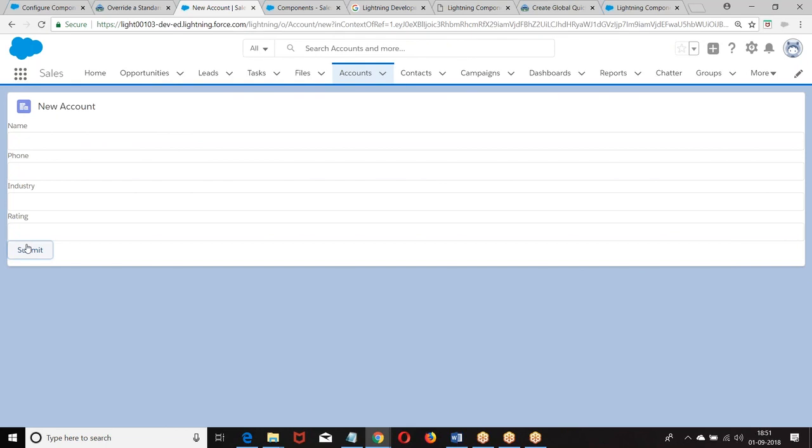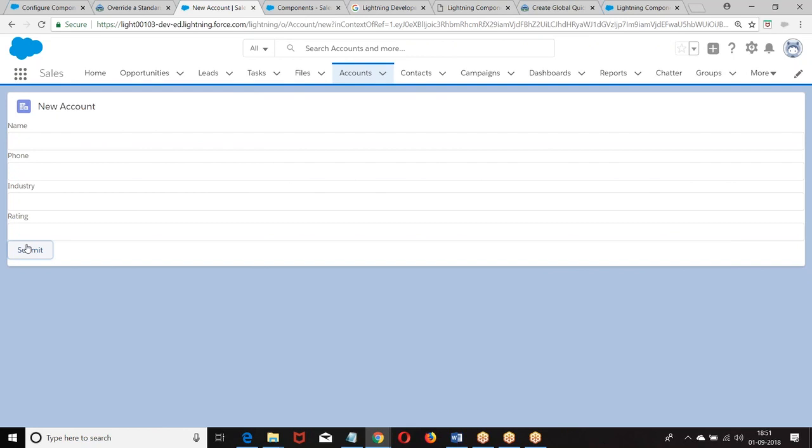In Visualforce, we used to do PageReference p = new PageReference('/' + ID of the record); return p. The same thing I want to do here. Once the record is saved, we are overriding the standard button. When you update, a message should come: record is updated successfully. Take me to that particular detail page.